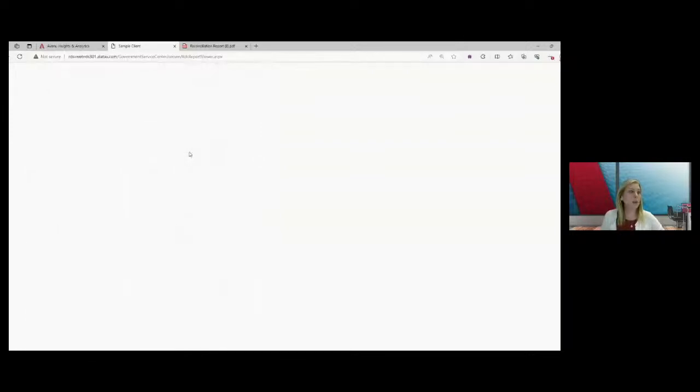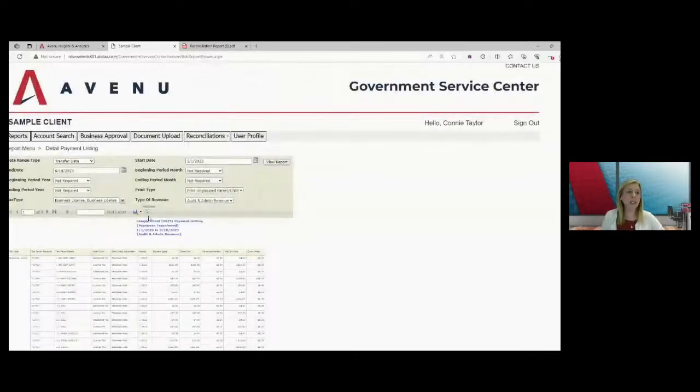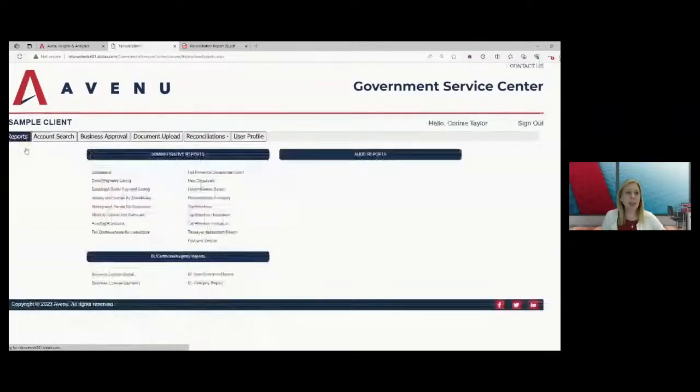Now, on the detailed payment listing report, this is probably going to be one that you're going to want to run by like Excel or a CSV if you want to export it. CSV exports the cleanest. Sometimes when you export these to Excel, because of the header, it kind of groups certain fields together. All right. The expanded detailed payment listing report contains the same information as the detailed payment listing report,